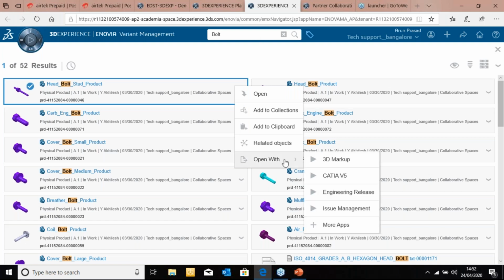As you see here, we have an inbuilt 3D markup that brings a viewer along with it, so that you can have visibility about what this CAD model is all about. If I am a design engineer, I would have access to all the design related components, no matter where I am. It's not mandatory for me to be at my office or at my home, or on a business trip or at a customer meeting.